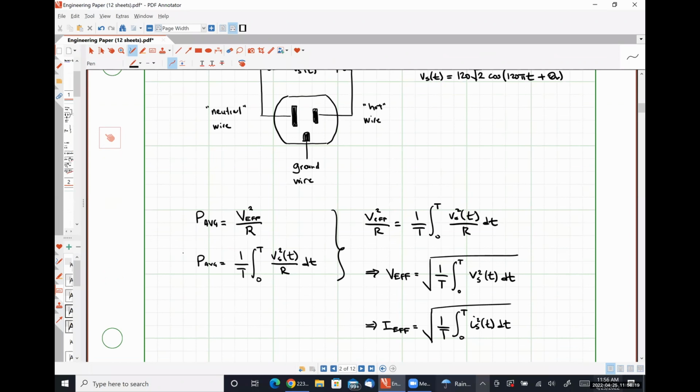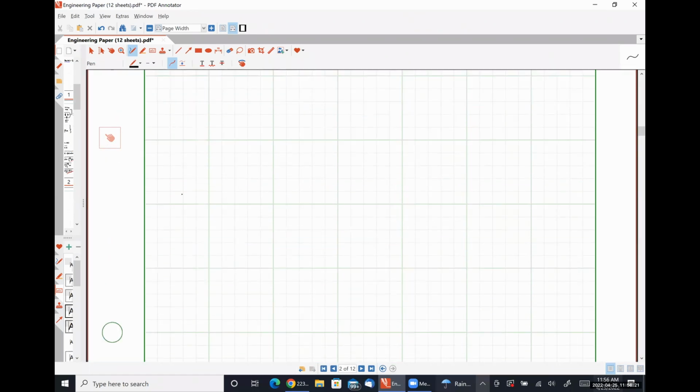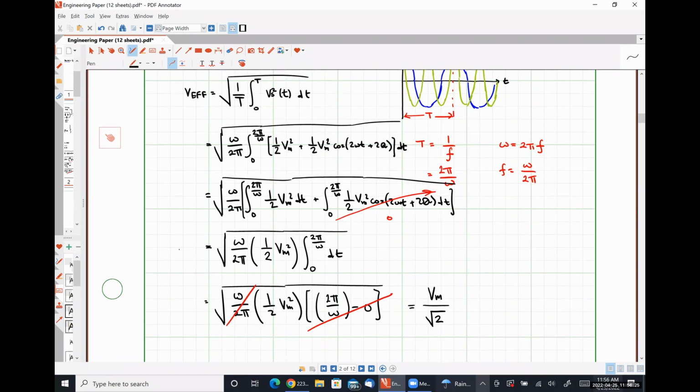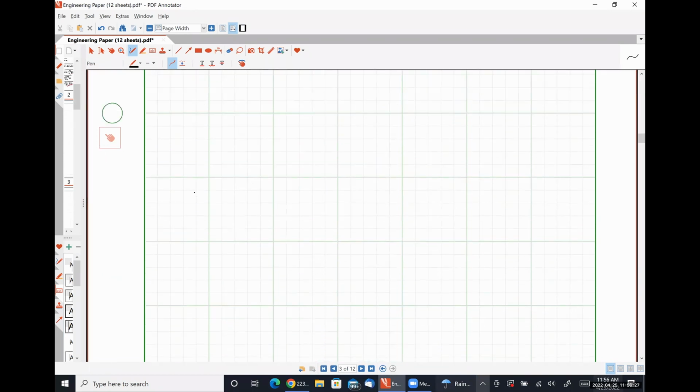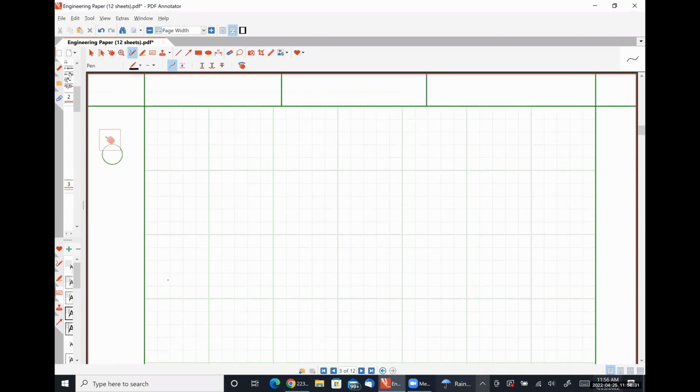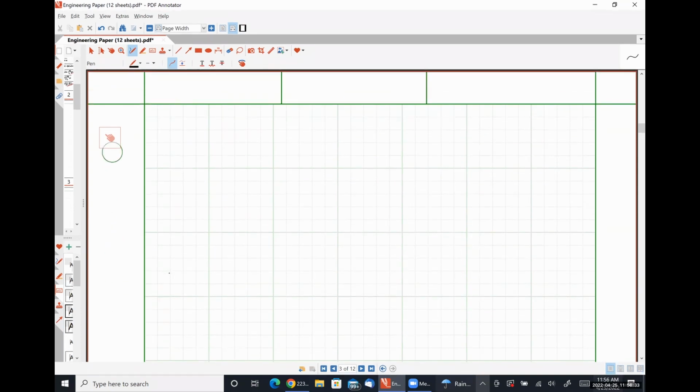So I'm going to generalize an expression for multiple sinusoidal frequencies, okay? I can get my paper thing where I want it to be. So